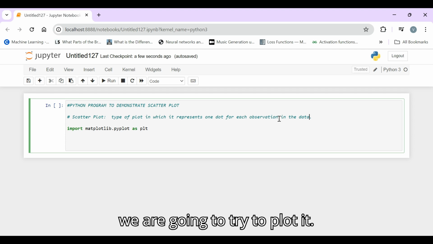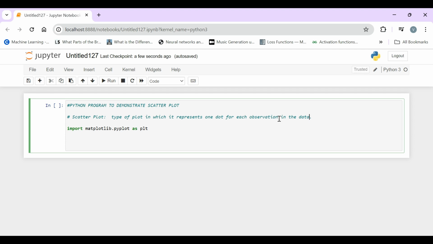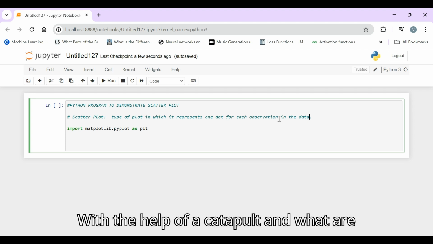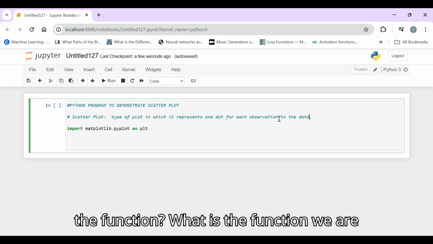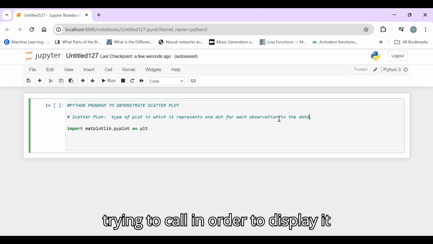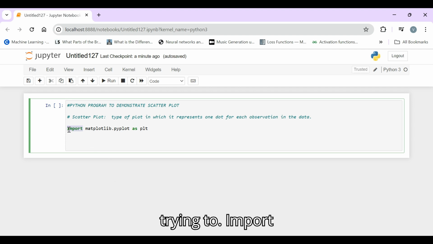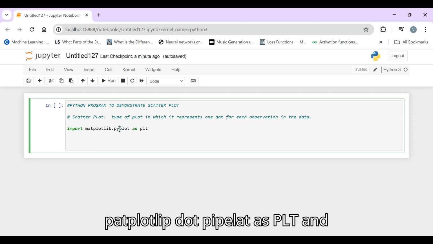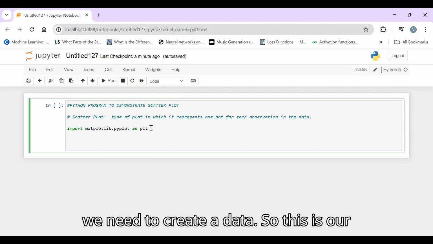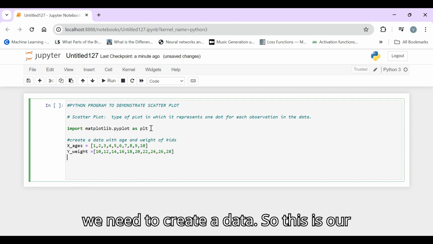How are we going to plot it with the help of a scatter plot, and what is the function we are going to call in order to display it as a scatter plot? First we import matplotlib.pyplot as plt, and we need to create data. So this is our data.